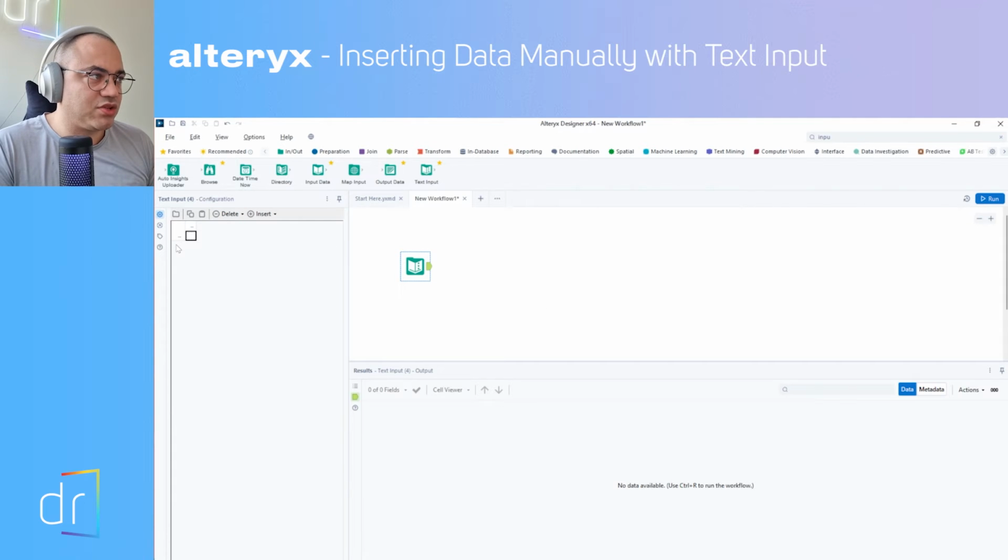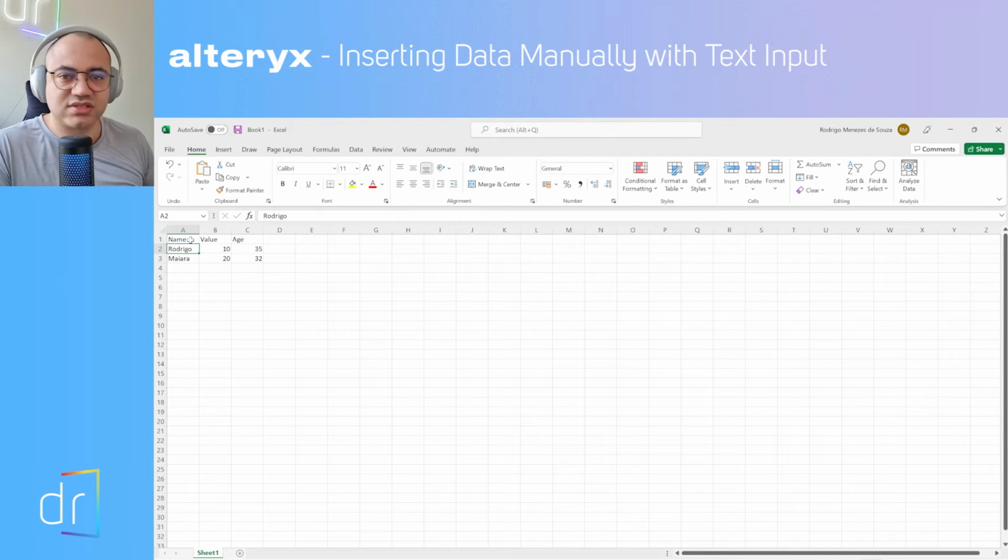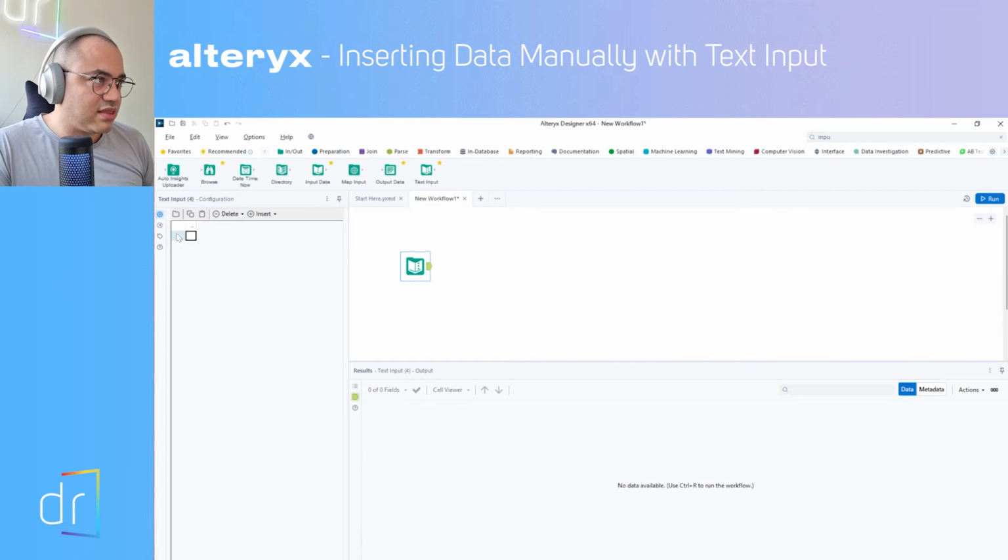Okay, I have a new one, and I just want to copy and paste the information. So this is the first way to introduce data. If you want to just select the data over here, okay? I will select the 3 columns and all data, and then copy. And then you can just click on this part and paste, and you will see the values appear over here, okay?